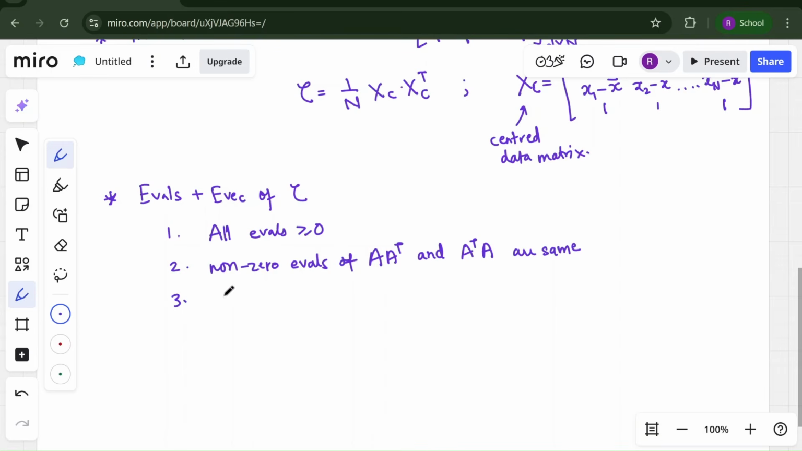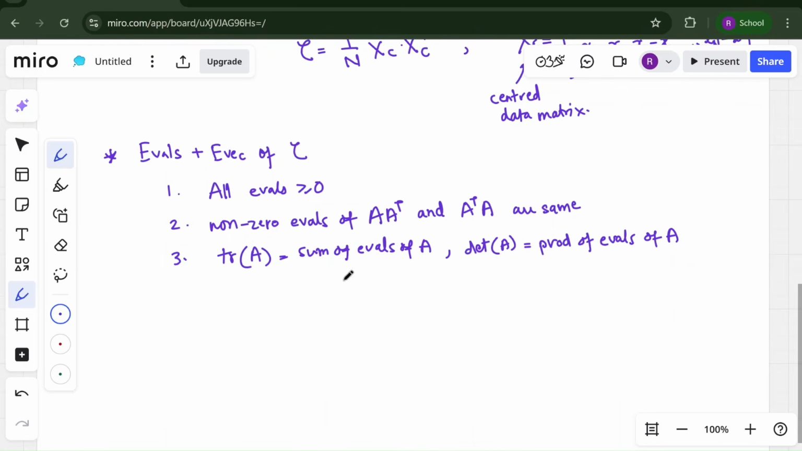Third point is that if you take the trace of any matrix A, it is nothing but the sum of eigenvalues of A. And similarly, if you take the determinant of any matrix A, it is the product of eigenvalues of A. Okay. One more thing is that